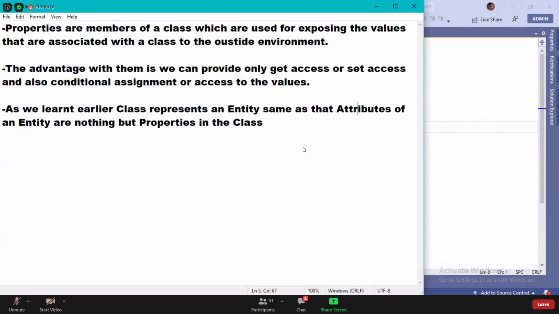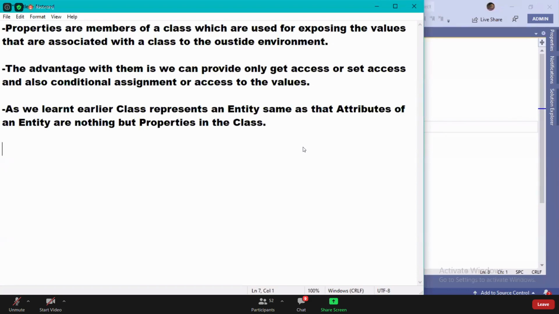Same as that, attributes of an entity are nothing but properties in the class. So properties are nothing but attributes, guys. Simply speaking, properties are nothing but attributes. Okay, so basically, a class represents an entity, and attributes of an entity are nothing but the properties in the class.